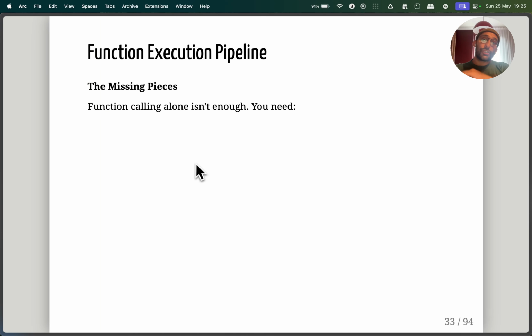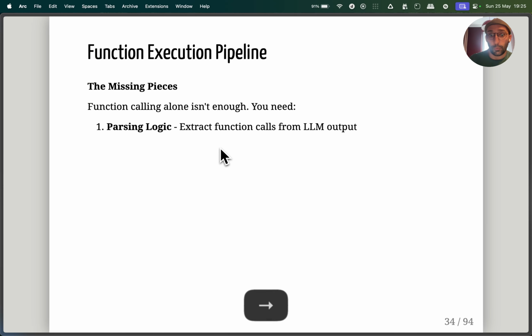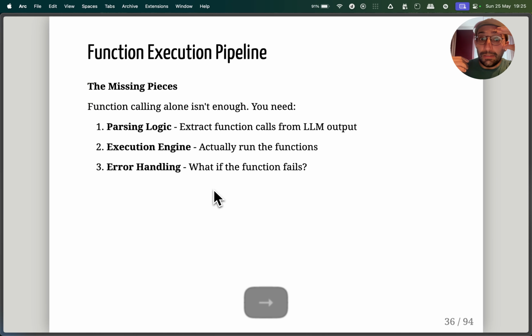Now, we're still not perfect to get to actions and autonomy and control, because function calling, this idea alone, is not enough, right? We need a bunch of stuff around it. We need to take the function calls from the output, like we were doing before, and then we need to actually run these functions. And then we need to handle potential errors that might occur.